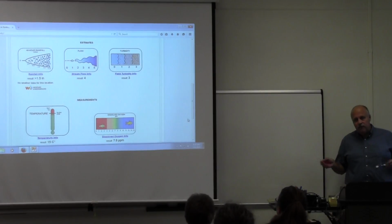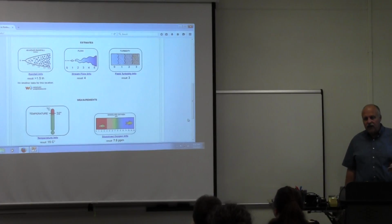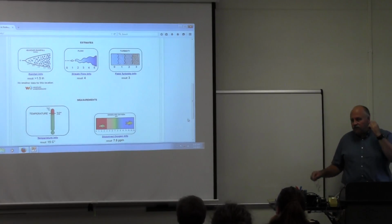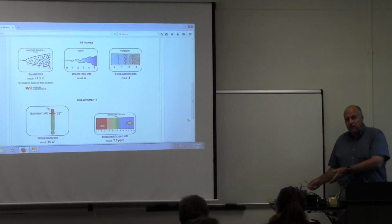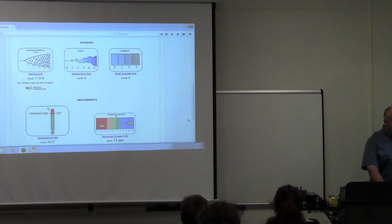Turbidity is the amount of sediment, which, as you remember, is one of the leading causes of pollution. Here it's at a 3. And that's qualitative. I mean, the volunteer looks at it and says, well, this is as muddy as I've ever seen it, so it's a 3. Or this is as clear as I've ever seen it, it's a 0. It has temperature,